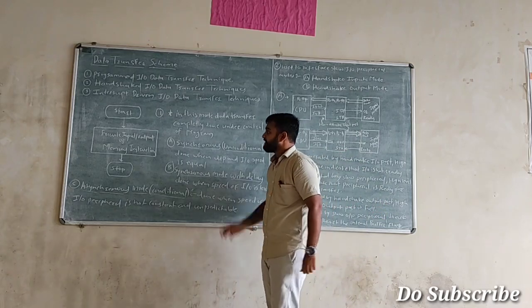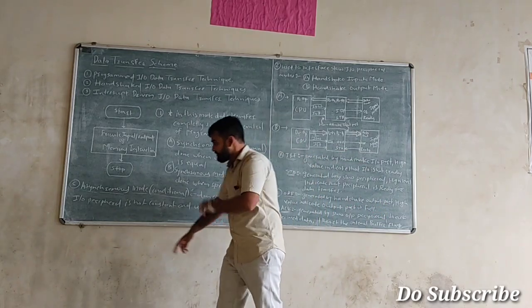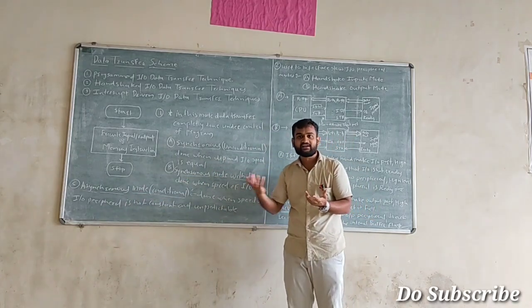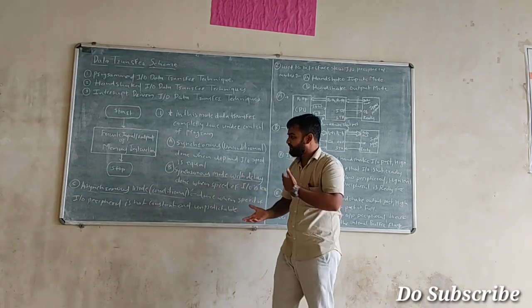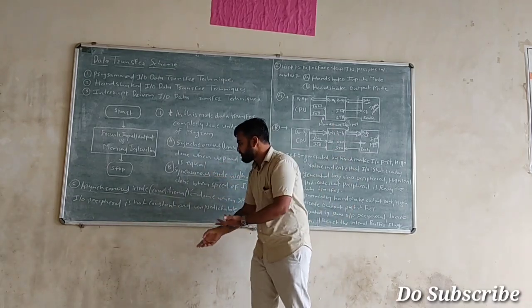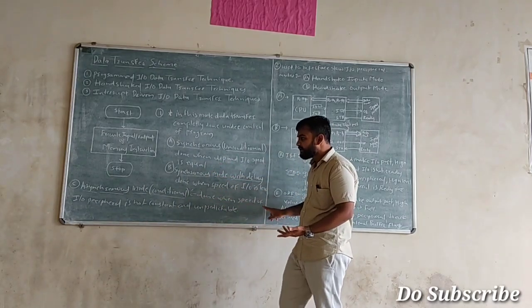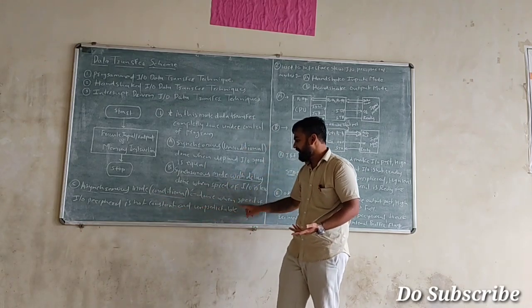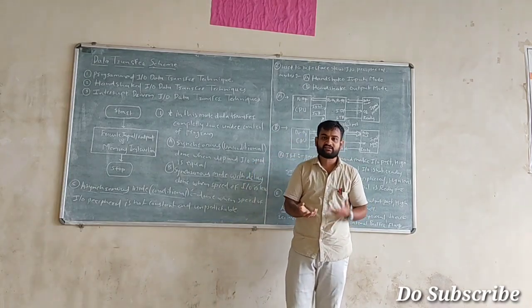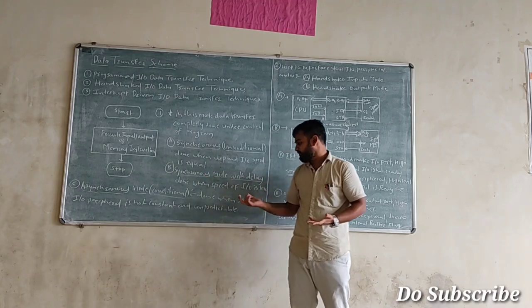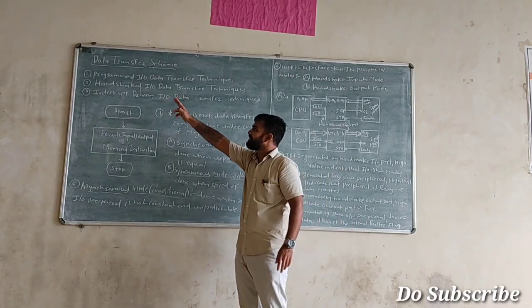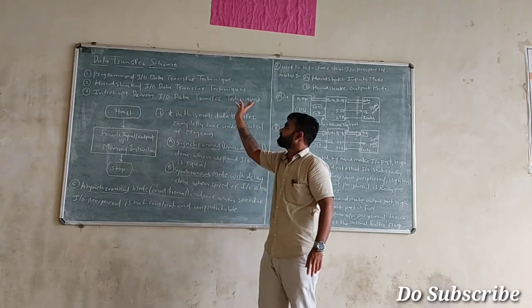The third type of data transfer scheme in programmed I/O is the asynchronous mode, which is conditional. It is used when the speed of the I/O peripheral is not constant and is unpredictable. Not constant, in the sense that we can't predict the speed of the I/O device. At that time we use the asynchronous mode. So this is the first type of data transfer scheme, the programmed I/O data transfer scheme.